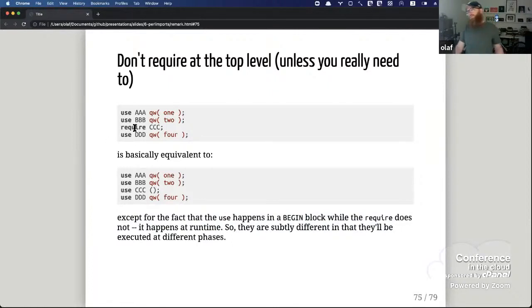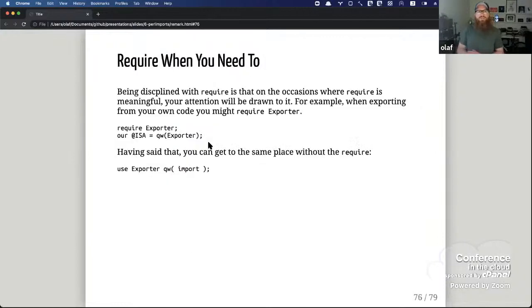And also the require happens at runtime and not at compile time. So there's some subtle differences here. If this module name is not spelled correctly, I won't actually catch that in a compilation test. So those are kind of annoying, but do require when you need to. So it is in this case with Exporter,